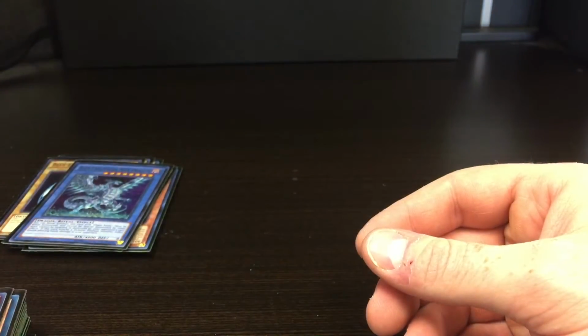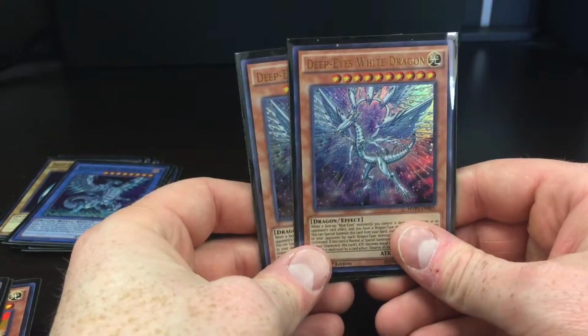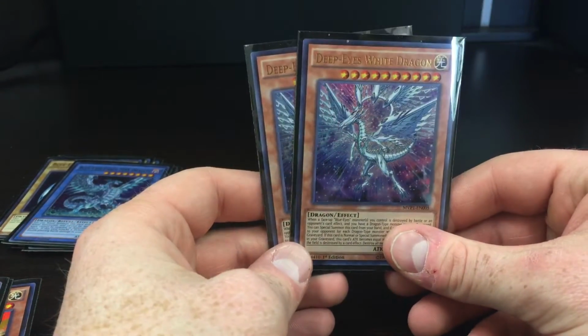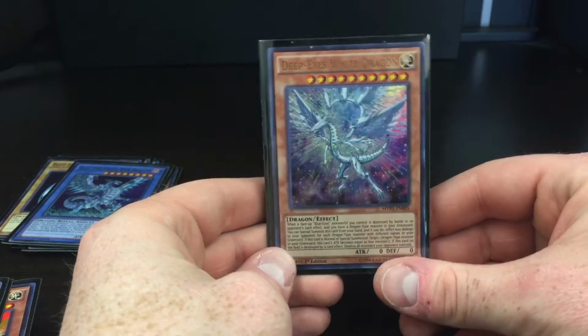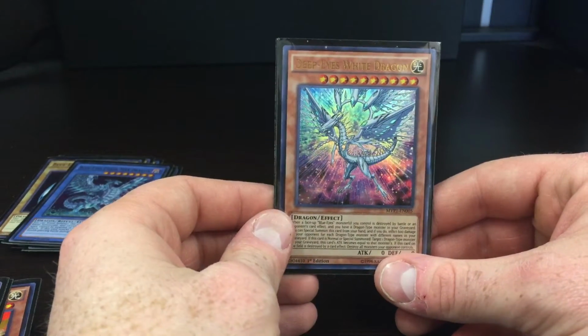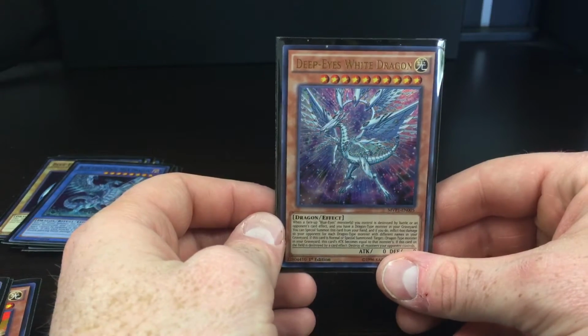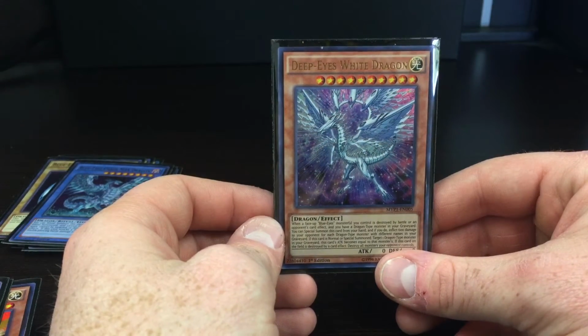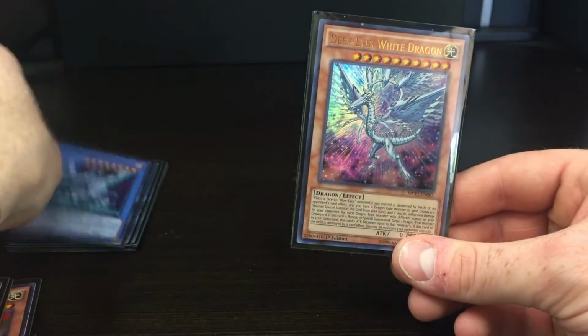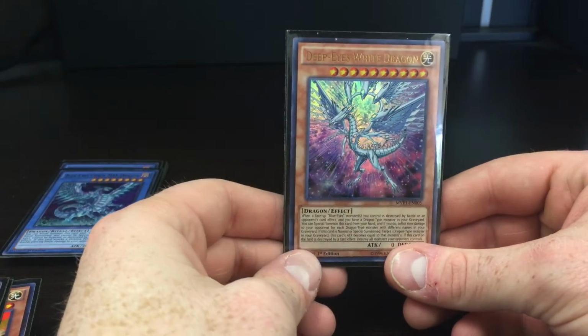So there's that. Right now I have 2 Deep Eyes White Dragons. One of these I will be replacing with another alternative, but I'll probably be keeping one of them in here. I find this is actually a really fun card because it's a little bit of a fail-safe. So it functions somewhat like a trap. Something happens, something takes out your Chaos Max, or maybe one of your other Blue Eyes,